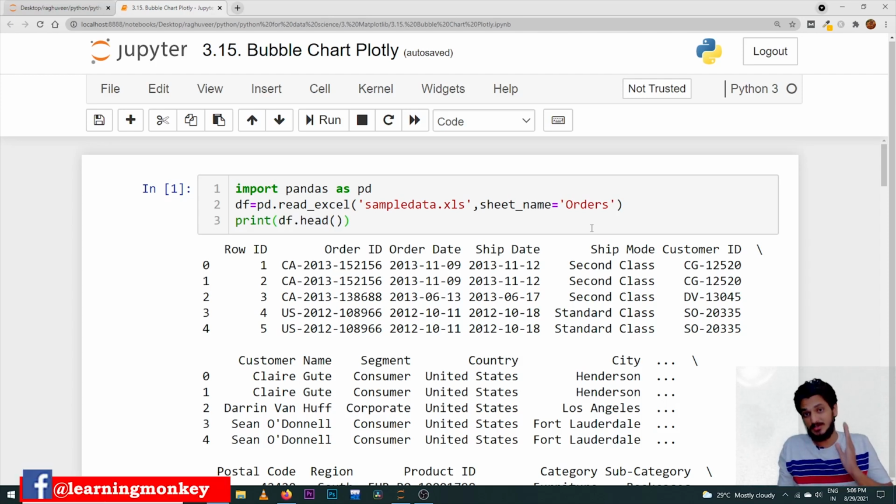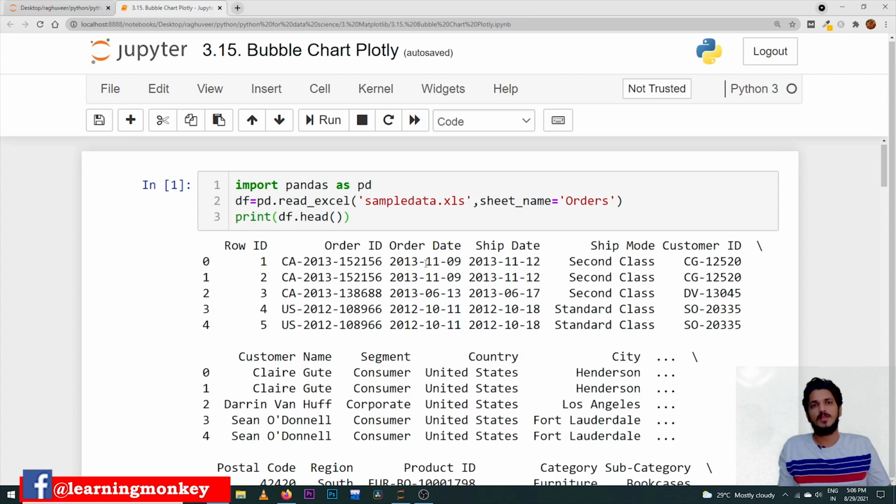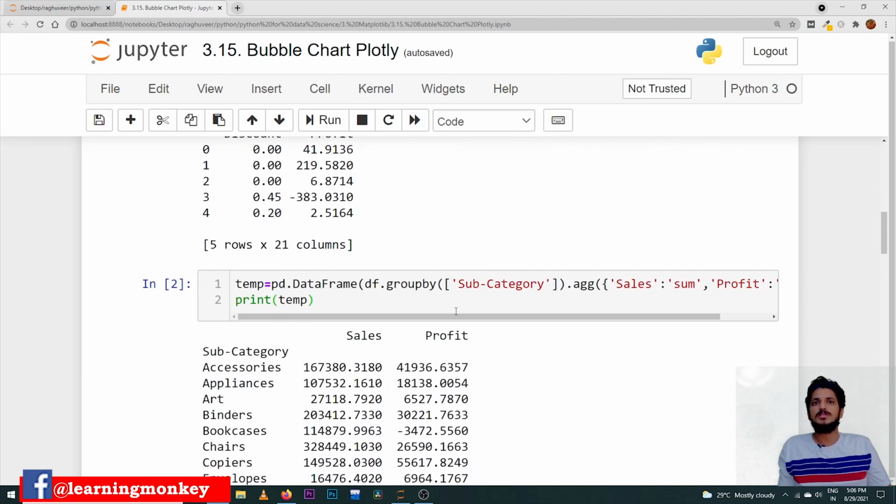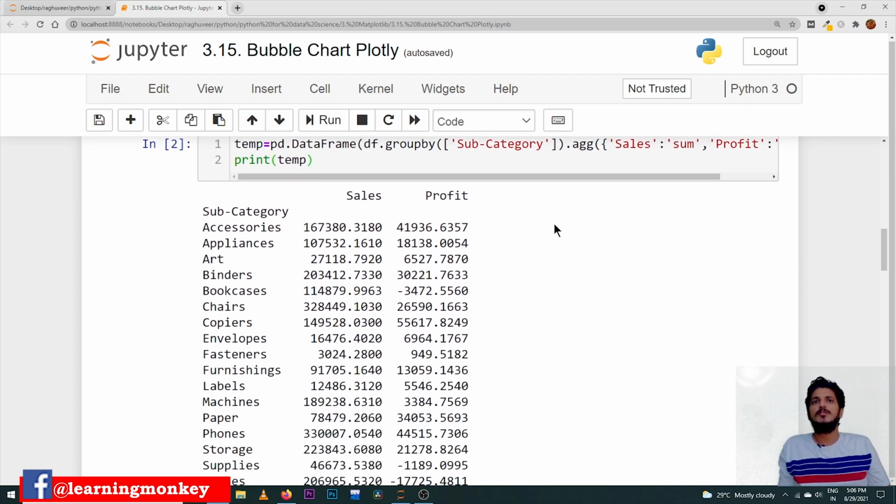Let's take the example which we considered in the scatter plot. The same example we will use for the bubble chart also. This is the example data set, and hopefully you already know what this data set is. These discussions were already made in our previous classes. From this data set, in the scatter plot we used the subcategory and we took the sales and profit. Scatter plots are used to identify the relation between two variables. In the same way, bubble charts also use the same variables, sum of sales and profit. Sales and profit are taken.